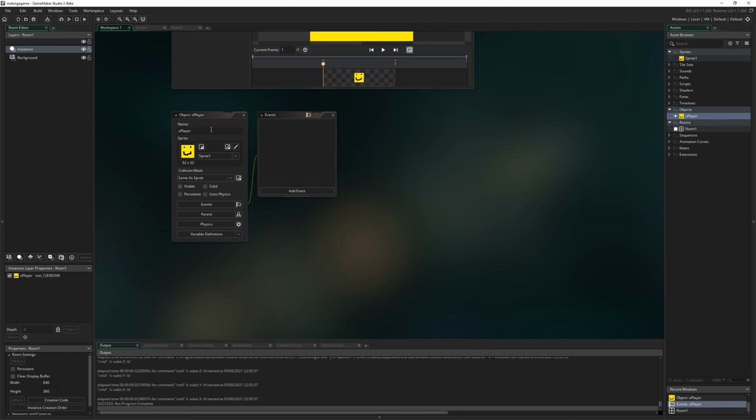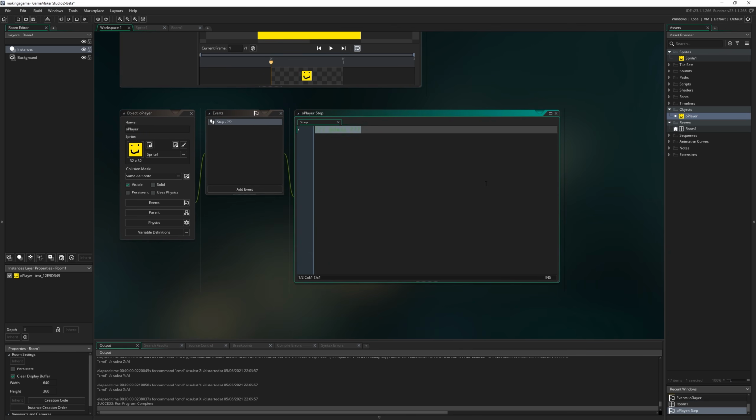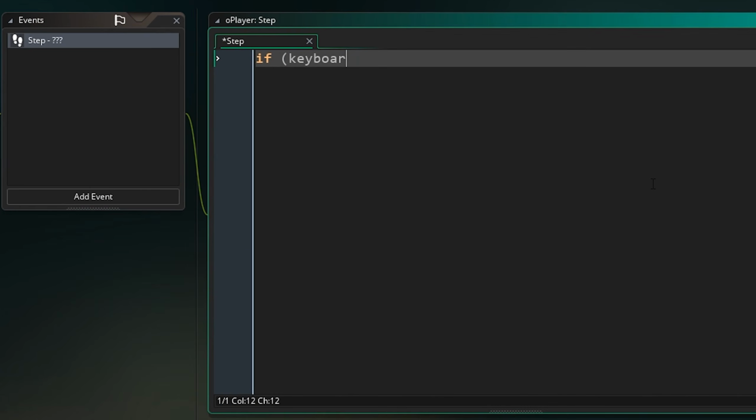Once you're done celebrating, we're going to come back to OPlayer. We're going to add an event. We're going to add the step event. This happens every single frame of your game. Very, very simple. I'm going to type if keyboard_check(vk_left) x equals x minus 3,